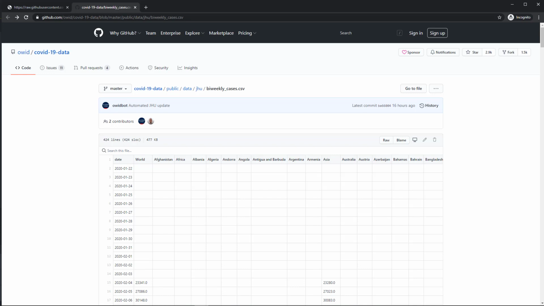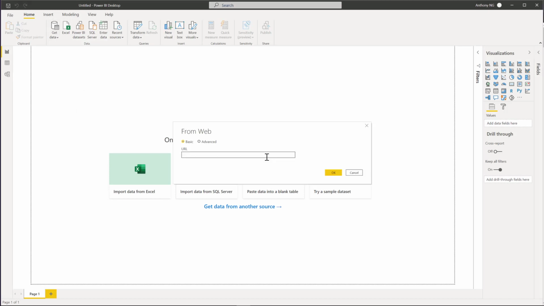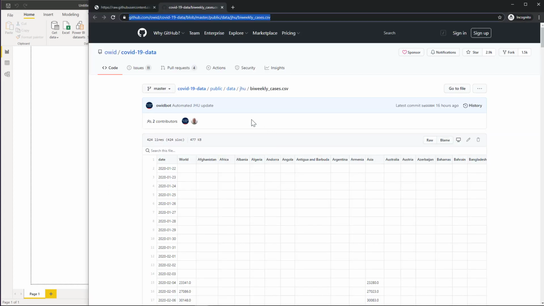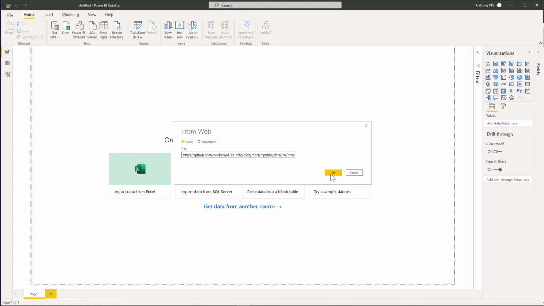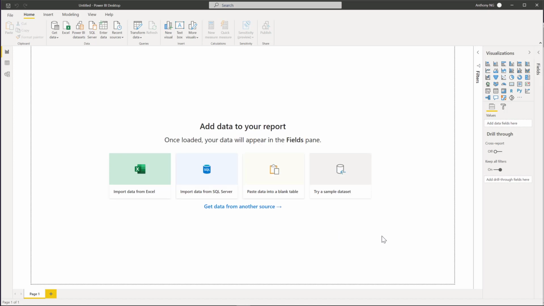The first thought is that, well, I can just copy and paste this URL and immediately get the data from Power BI that way. So let me show you how. First of all, select this caret here, and notice there's a web option, and try to enter this data we just copied directly from GitHub. Okay, so let's make this our first attempt to see if it works or not. You'll see the data being shown this way, and right away you can tell that something is wrong. This is not working, so we have to try another way.